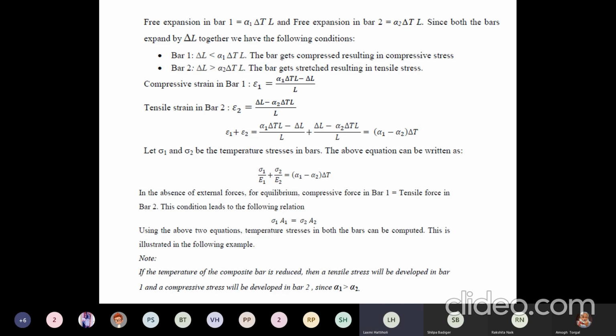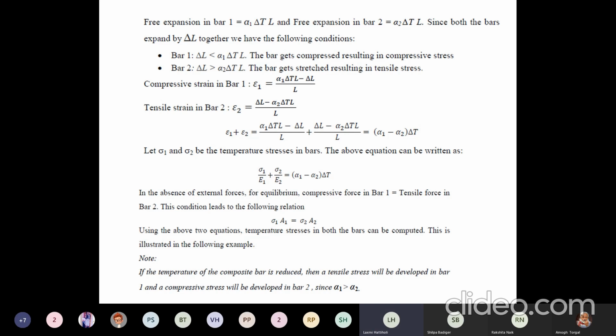And another thing, in few textbooks, do not get confused by textbook procedures. Never get confused by textbook procedures or any reference book procedures. Just solve by your own method and then you can compare the answer. Why? Because if you refer some other textbooks or reference books, instead of taking sigma 1, he'll take it as P1 upon A1.